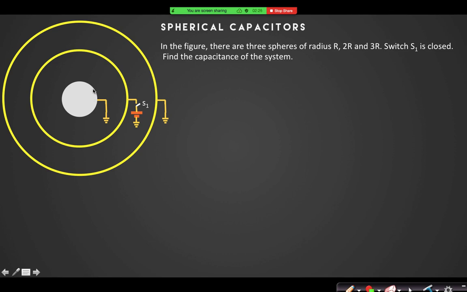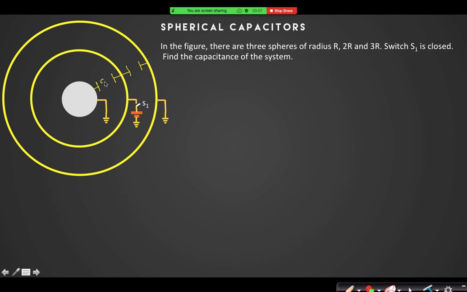I can say that there is a plate, one end is connected to infinity, another plate is there, and another plate is there. And the last plate is also connected to infinity. As the last one is connected with ground, there should not be any charge residing on the outer surface of the bigger shell, right? So I think the situation is simple. We can solve it like this.